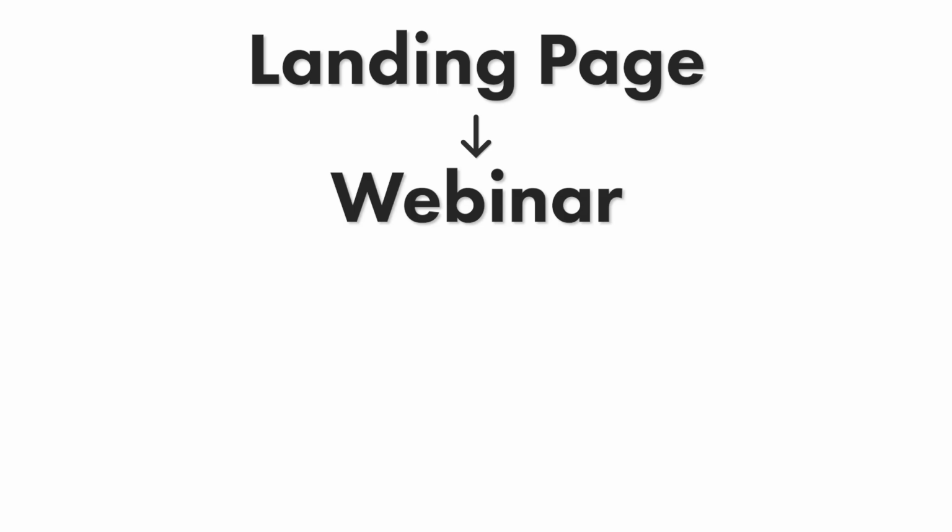So someone saw a YouTube ad, they opted into your webinar, they haven't booked a call yet. What you can do is target those people with display banner ads. These ads can show up on YouTube, which is great, but they can also show up pretty much anywhere else online. Anywhere that you see banner advertising, it's usually coming from Google. Google banner ads are everywhere, and that's where you want to be. You want to be everywhere.